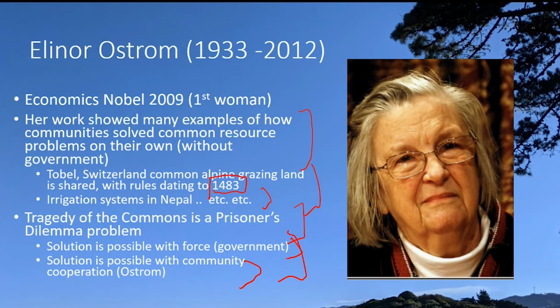Ostrom not only showed circumstances where this happened, but her work also goes on to explain the conditions that seem to be necessary or needed in order for this type of action to take place. And one of the things is very similar to Mancur Olson's work on the logic of collective action, which is smaller groups can band together and make decisions for themselves much easier than larger groups. The problem with larger groups is the free riding problem. The more difficult it is to monitor individuals who are going out and using a particular common resource, the more difficult it's going to be to get people to conform to those particular rules.